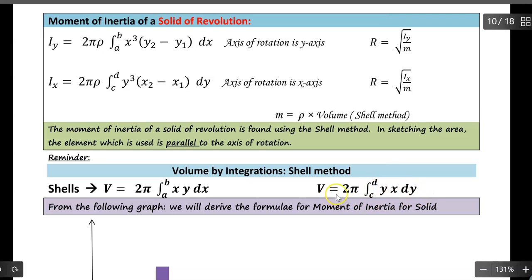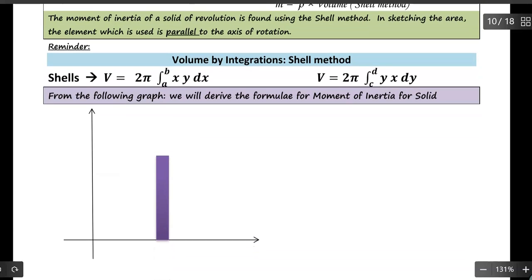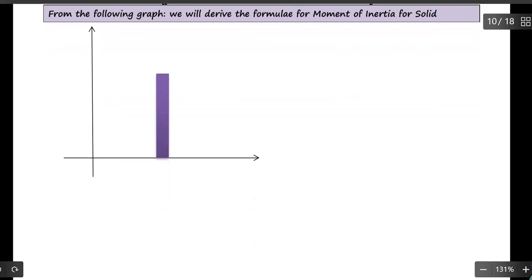In this case, volume will be equal to 2 pi multiplied by the integral from c to d, which is your dy, the upper and lower limits, of y times x, where x is a function in terms of y. Alright, so let me illustrate this on the diagram for everyone